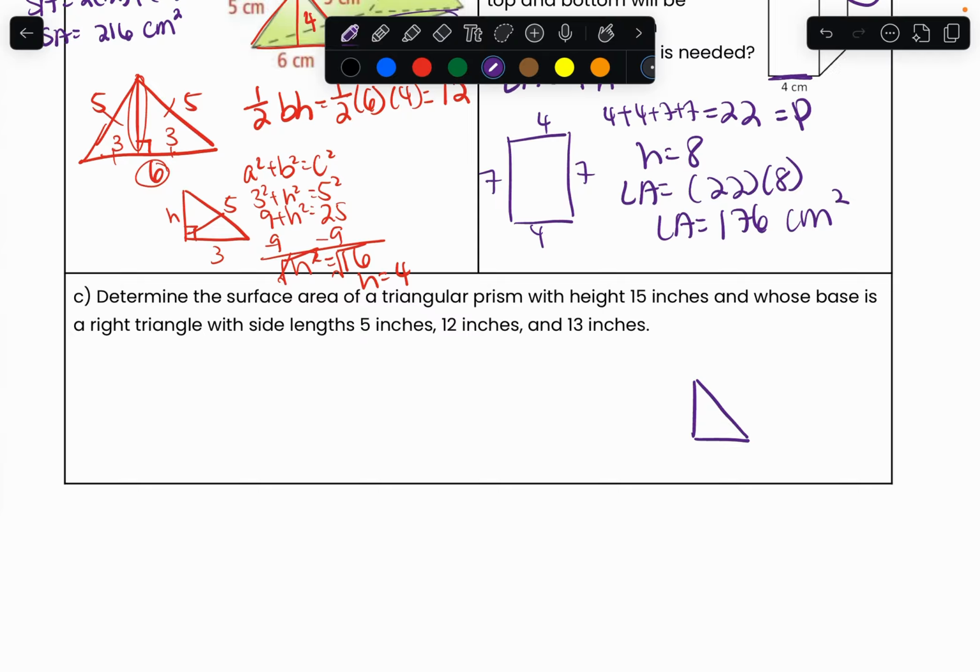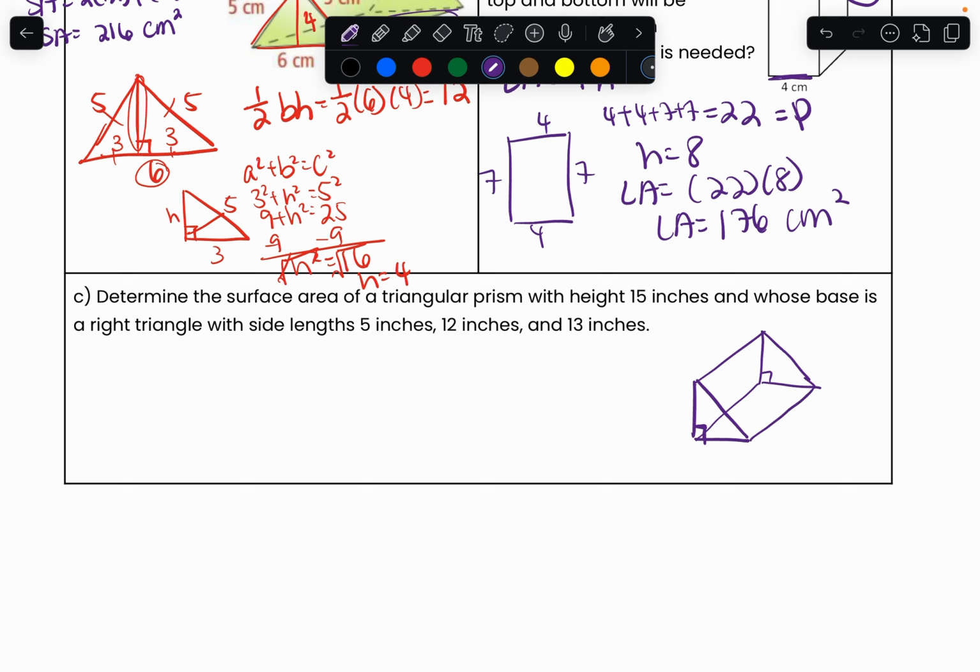And I'm going to label the right angle. And I'm going to go ahead and try to draw the prism out. Just try your best, guys, to draw this. My best advice on drawing this is that you're going to draw 2 right angles like this, and then you're just going to connect the corners together. This is the best way you can draw it without making it look weird.